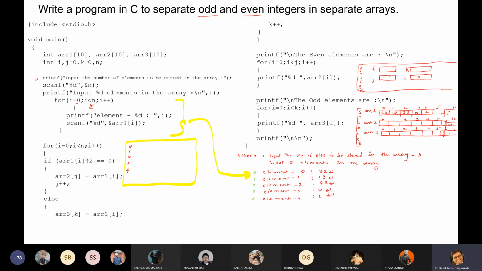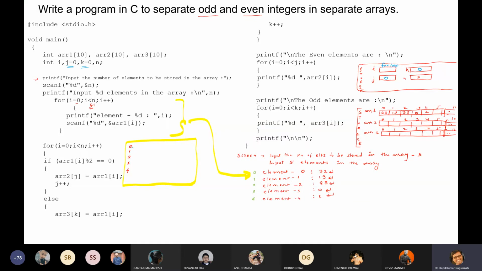So what is the initial value of j? Let us now execute by this color. The initial value of j is 0 from here, and k is also 0 from there only. And the value of I depends on the for loop. Okay, so currently it is running here.